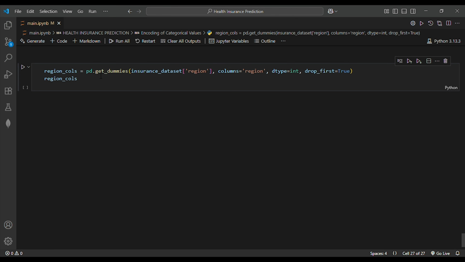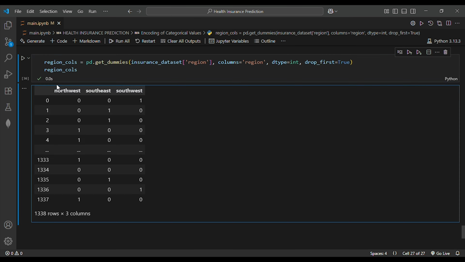And for the reason column, we will use the getDummies method from the pandas library, where we will provide 4 parameters. First parameter will be our data set. Second parameter is to mention our column where we have to use one-hot encoding. Third parameter is used to mention the data type of our values. In our case, we will use int because we want numeric values. And our last parameter is to drop our first dummy column because it helps our model to give better and